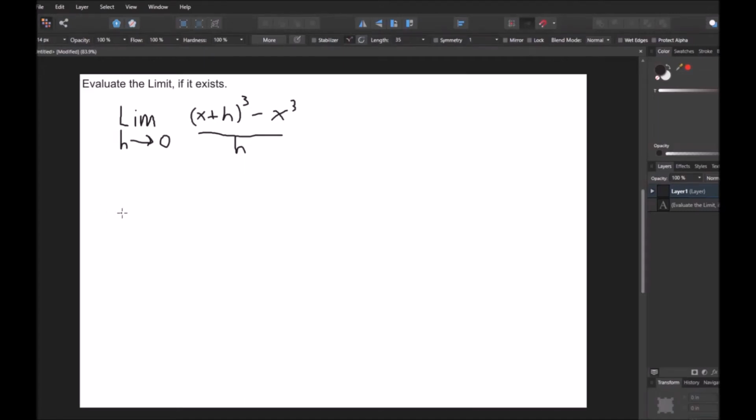Okay, so in this next problem we're once again asked to evaluate the limit if it exists, and the limit we're given this time is the limit as h approaches 0 of (x plus h) cubed minus x cubed, all of that over h. Now the first thing we're going to want to do is do the binomial expansion of (x plus h) cubed,